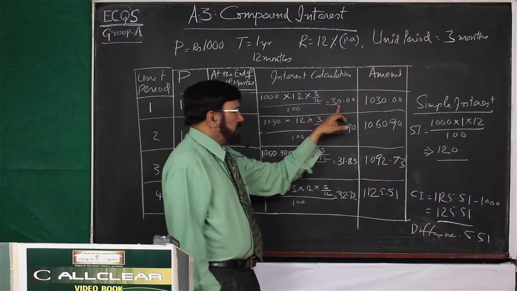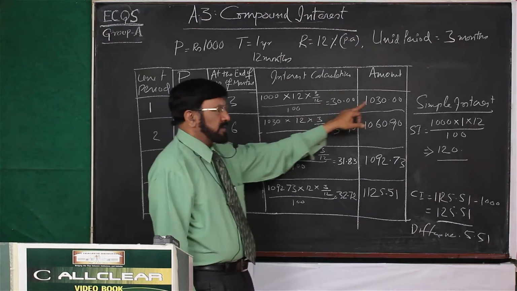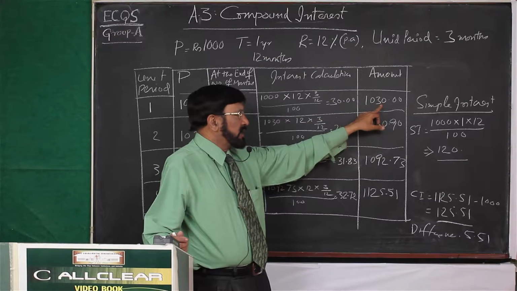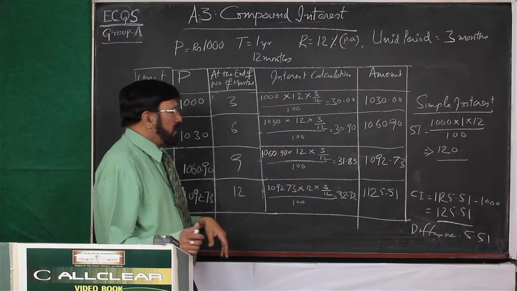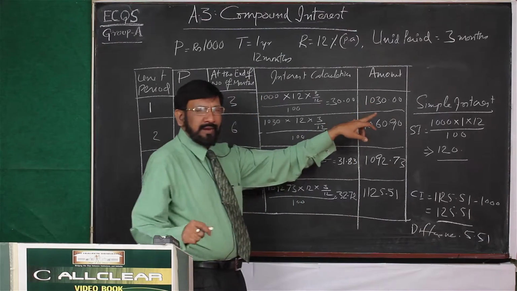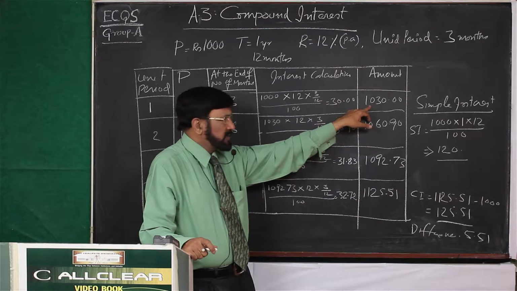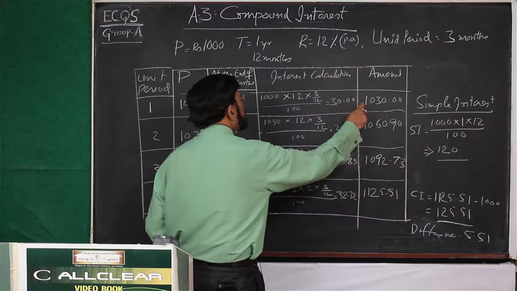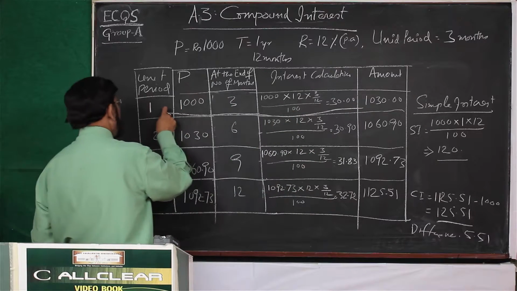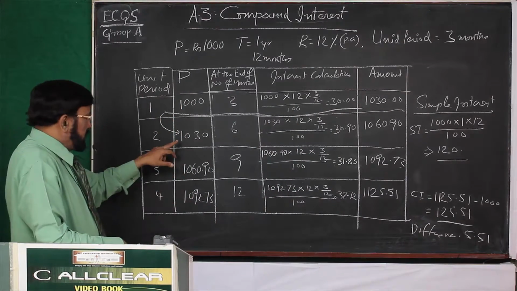Here 30 rupees is the interest, and the amount will be 1000 plus 30, 1030 rupees. Okay. Now, here you have to understand this point. At the end of the first unit period, the amount is 1030 rupees, and this will be the principal amount for the second unit period,